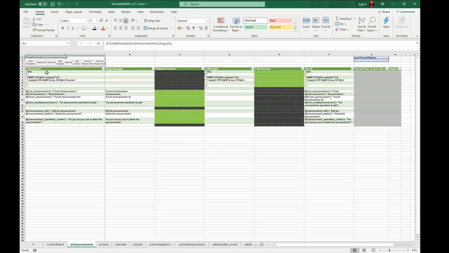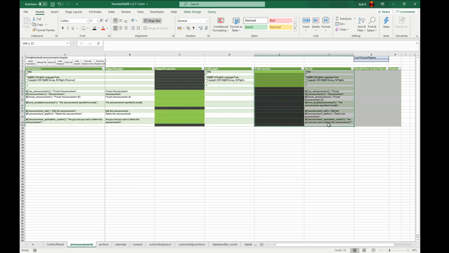translating document. To go through the columns, the first column is just exactly like the PHP file. Then we have a set of columns here, stripped sample, and another set full sample and full translate. The area that we're supposed to edit is the green sections. If it's solid green like this, it should be like the area next to it. The stripped sample is much simpler to translate because it doesn't have the entire code. Actually, on this page, we only have the author section here at the top, so there is really nothing to